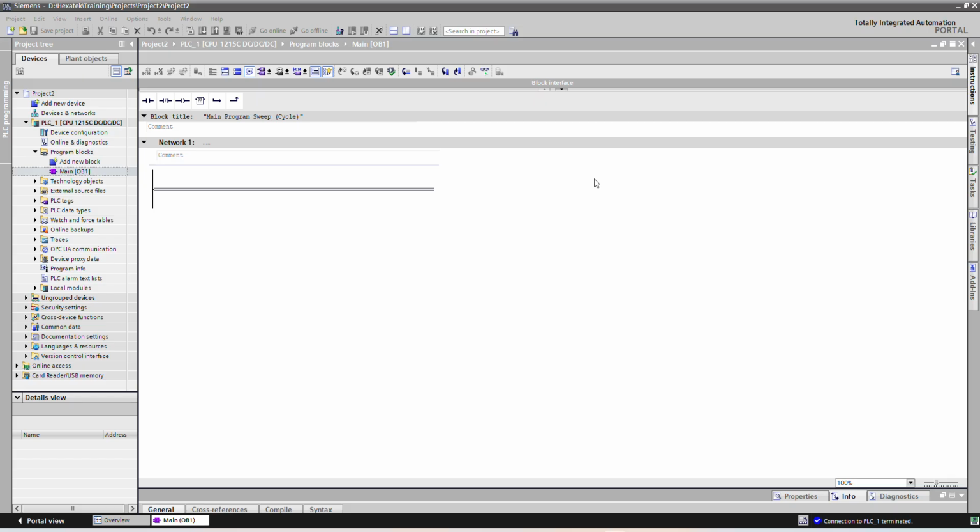Hello and welcome. Today we will see a basic instruction in the TIA portal, that is comparator. This instruction is the most powerful and frequently used instruction in PLC programming. Now let us start. So in the TIA portal, if we go to the